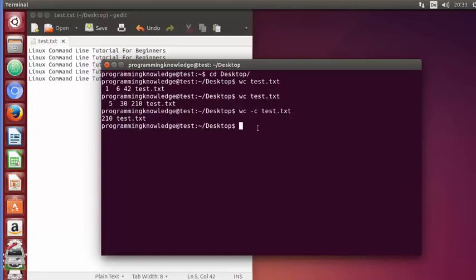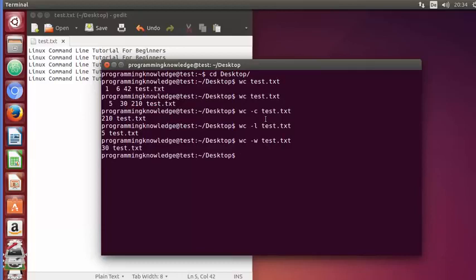Similarly, if you want to count the number of lines, you can just say -l and then press enter, and it gives you the number of lines here, right? Or you can use the w flag here, and it's going to give you the number of words. Okay, and you can also use a flag called capital L, and this capital L prints